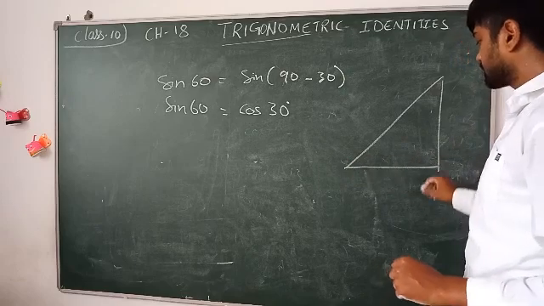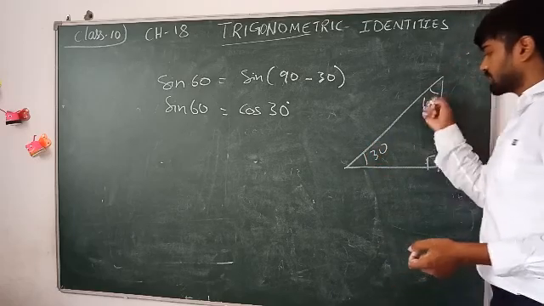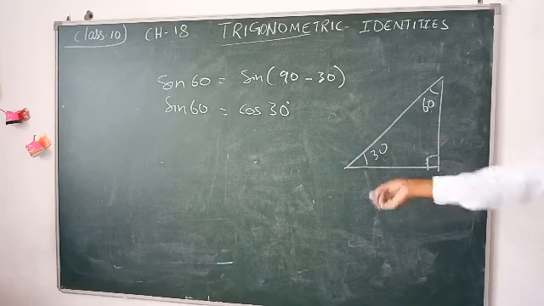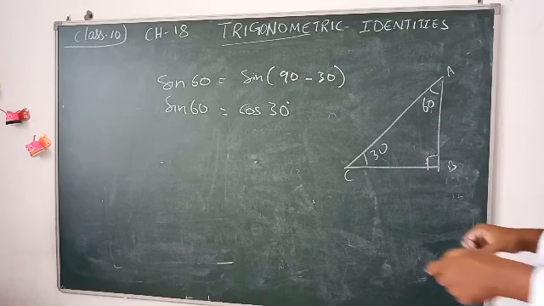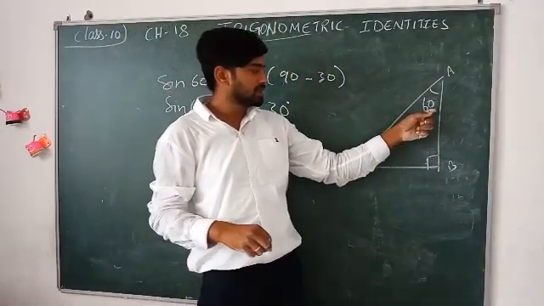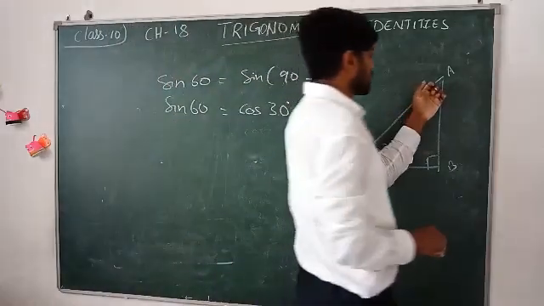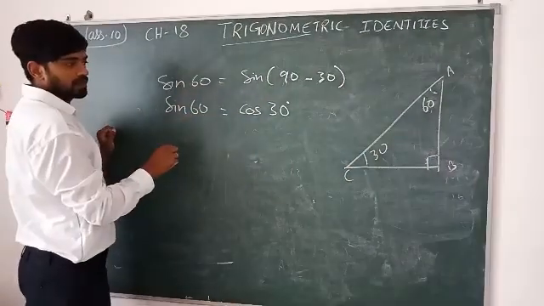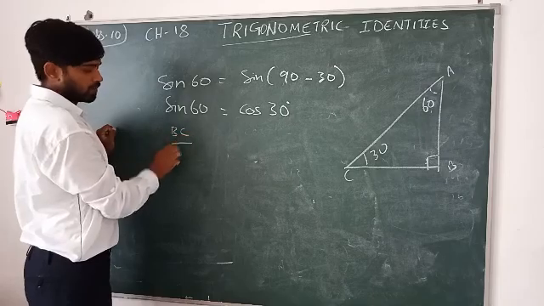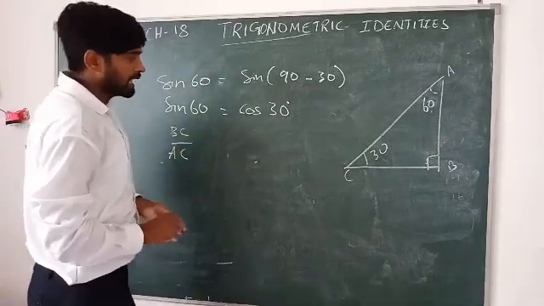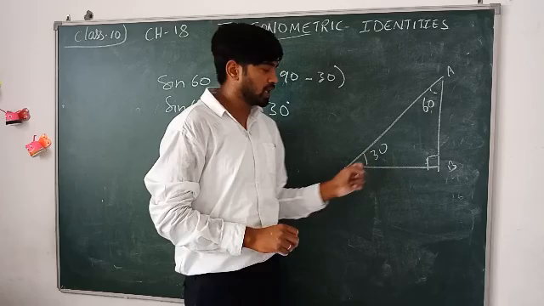I have a right angle triangle, this is 90, this is 60, this is 30. It has to be, if this is 60 then this will be 30. Watch carefully, I am putting the names A, B, C. The name of this angle is 60, this one is 30, and this one is 90. If I look at sin 60, what will come? Perpendicular upon hypotenuse, so BC upon hypotenuse AC will come. Now let's see cos 30. What is cos 30? Base upon hypotenuse, so what is the base,